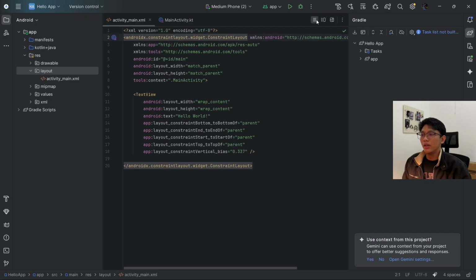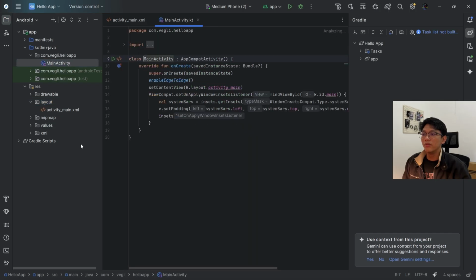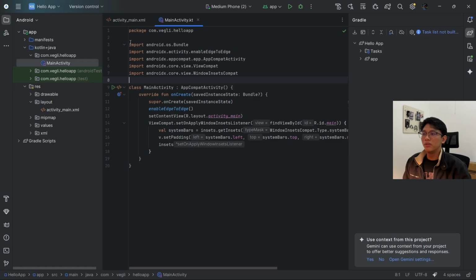Okay, inside the app folder, there are manifests, kotlin+java, and res. The manifests folder contains our AndroidManifest.xml file, which functions as the main configuration of the Android application. The kotlin+java folder contains the main source code of the Android application.